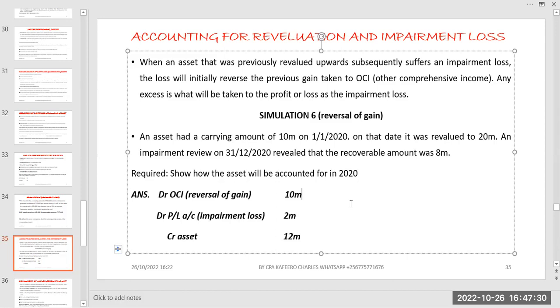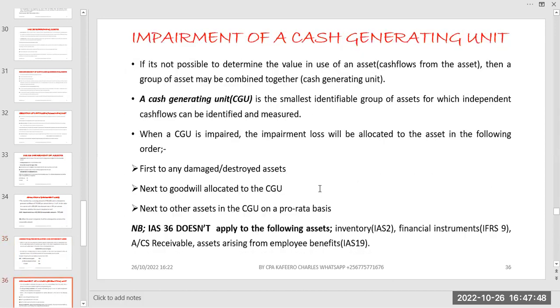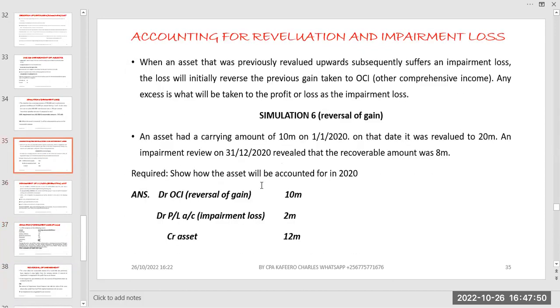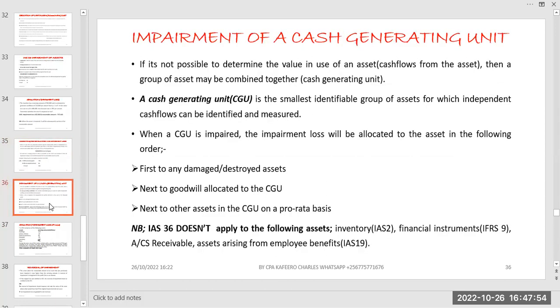Meaning, when we are crediting the asset, of course we credit the asset by the 12 million because the asset has lost value. It was 20 million, now it is 8 million. Hope that one helps. And when we do these computations, you'll be able to understand more of this. But what I want you basically to get is this theoretical aspect. Then we can talk about